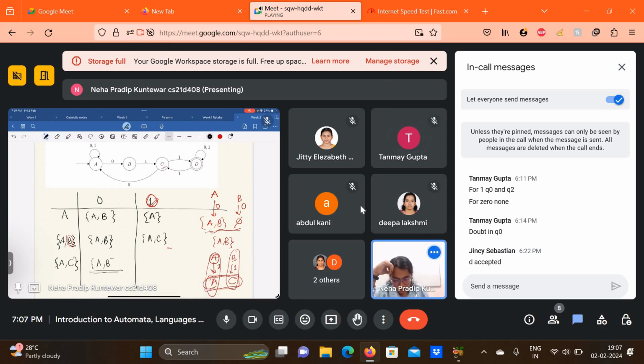you have AB, because if you are at A and you see a 0, then you can go to A or B. If you are at C and you see a 0, then you go to A. So the union of this is simply AB. So that's what we have written here. And in case of 1, if you are at A and you see a 1, you go to B. If you are at C and you see a 1, then you go to D. Those are the only possibilities. So union of this is B comma D. So I'll write,